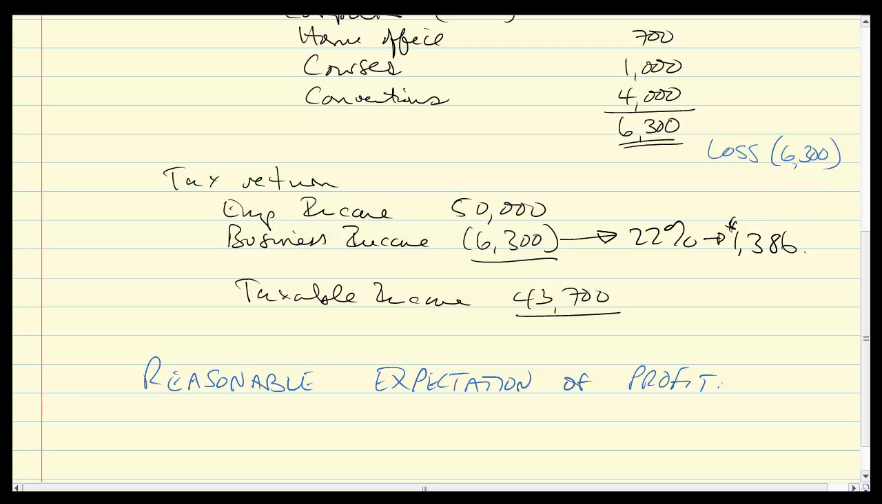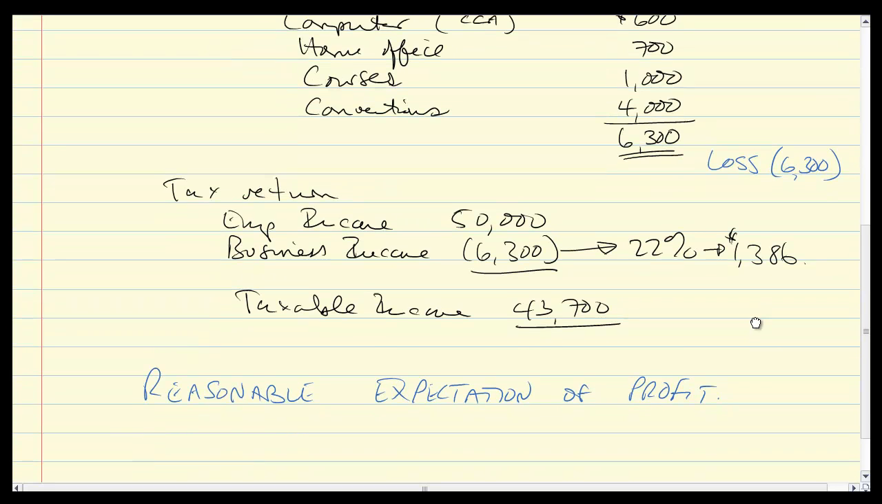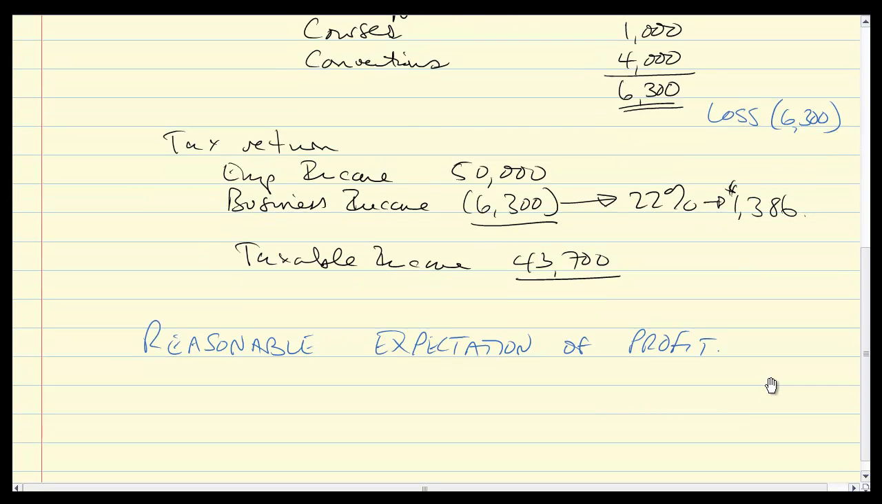Okay, and this guy who has no revenue, it's pretty hard for him to argue that he has somewhat of a reasonable expectation of profit. So in this example, it's pretty easy to say that loss, that business loss of $6,300 will be denied. But this whole concept of reasonable expectation of profit sends us back to the whole world of case law and intention and all of those things,